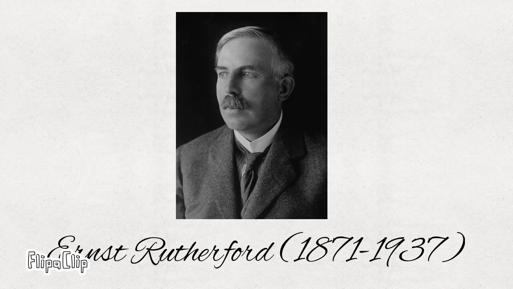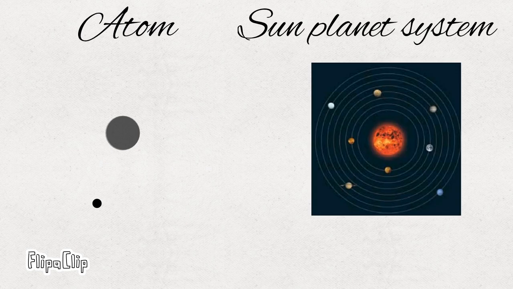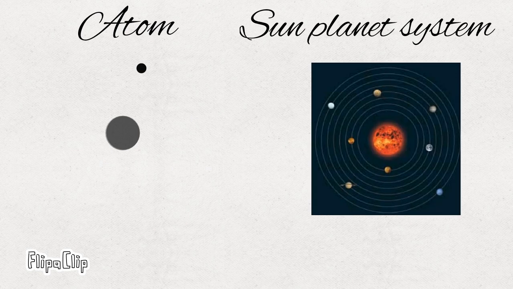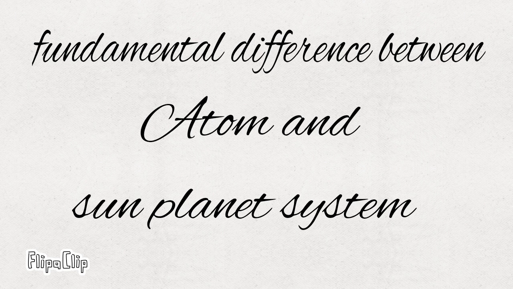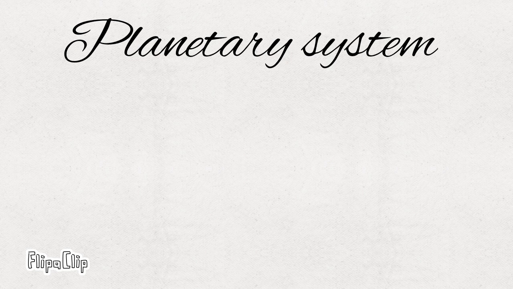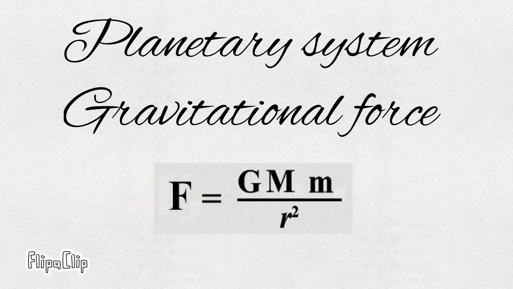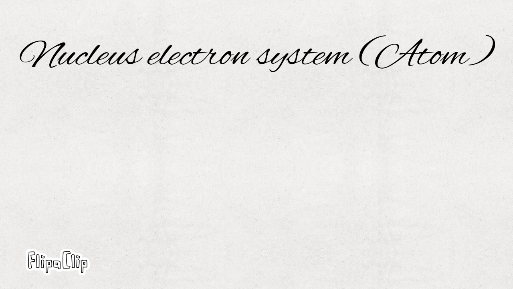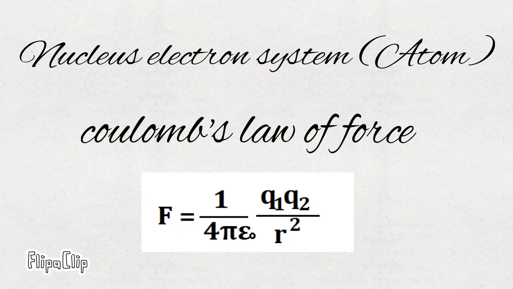The model of atom proposed by Rutherford assumes that the atom, consisting of a central nucleus and revolving electron, is stable, much like the Sun-planet system. However, there are some fundamental differences between the two situations. While the planetary system is held by gravitational force, the nucleus-electron system, being charged objects, interacts by Coulomb's law